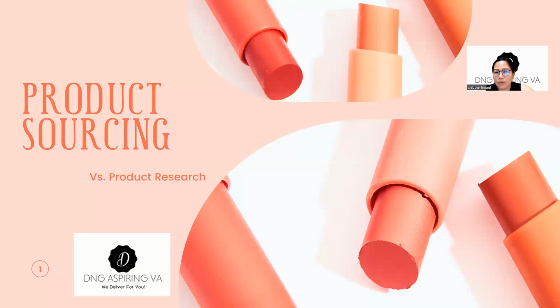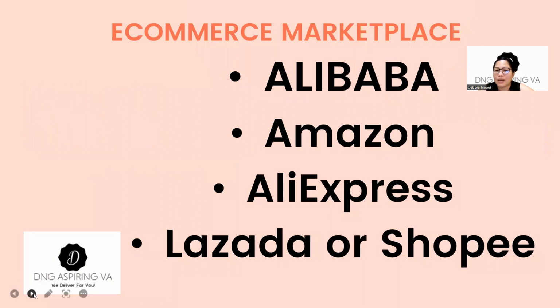So, the marketplace I will introduce, which we will talk about, can do everything for you. This is Alibaba.com. Alibaba is one of the e-commerce marketplaces. What is the difference of Alibaba from Amazon, AliExpress, Lazada, or Shopee? In Alibaba, there are a lot of products that you can make private label, OEM, or you can develop your own design,